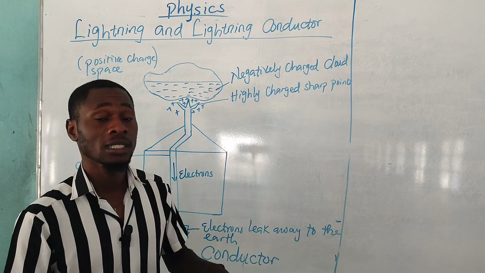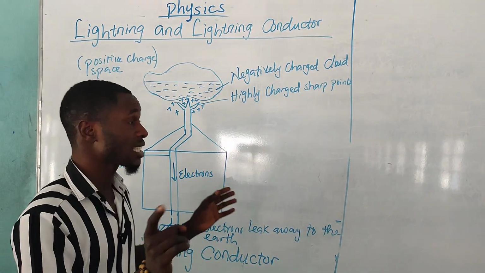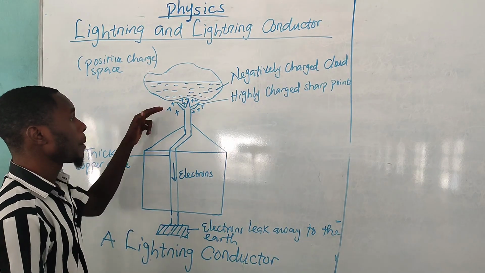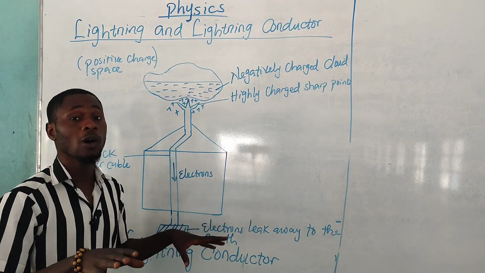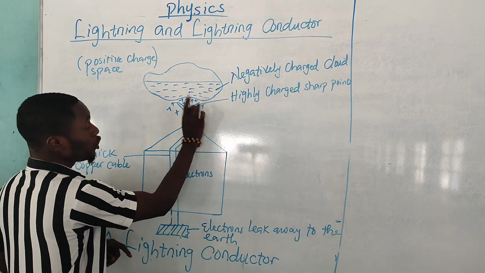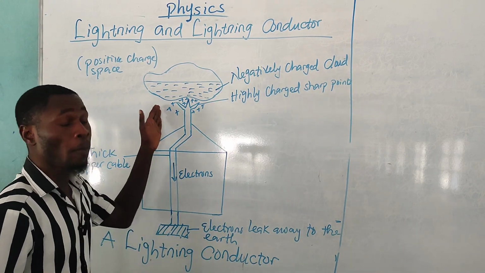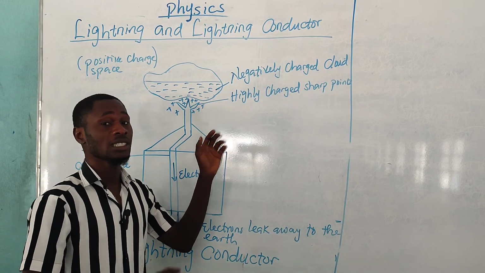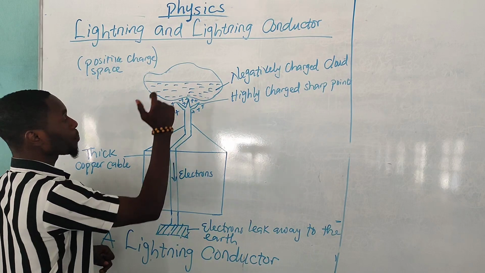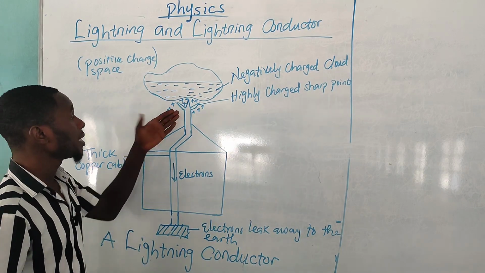metal spike. So what we are saying is, for instance, when a negatively charged cloud passes closer to the top of the building, that negatively charged cloud will induce positive charges on the metal spikes. So when you induce these positive charges on the metal spikes,